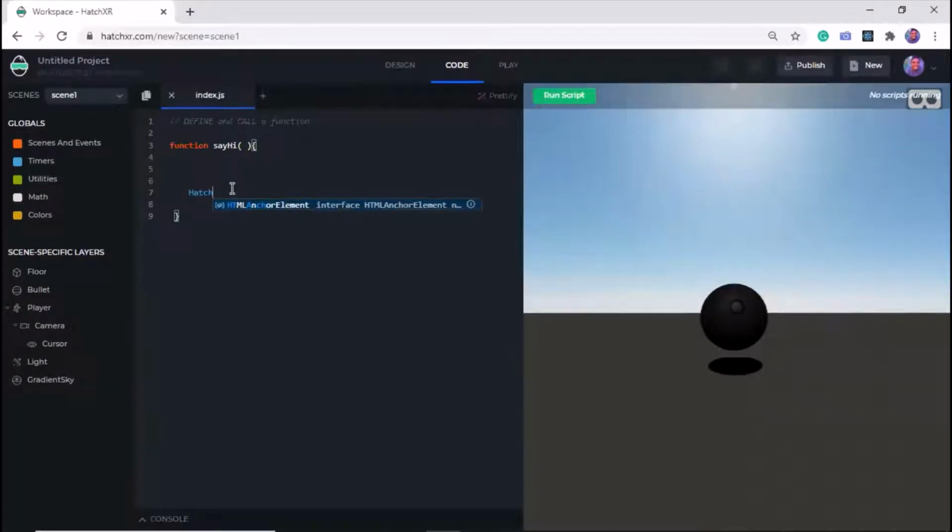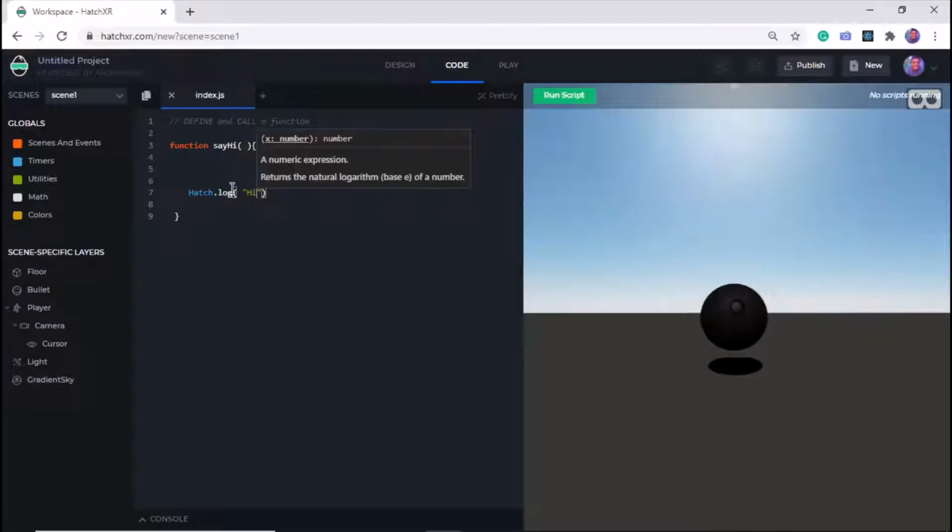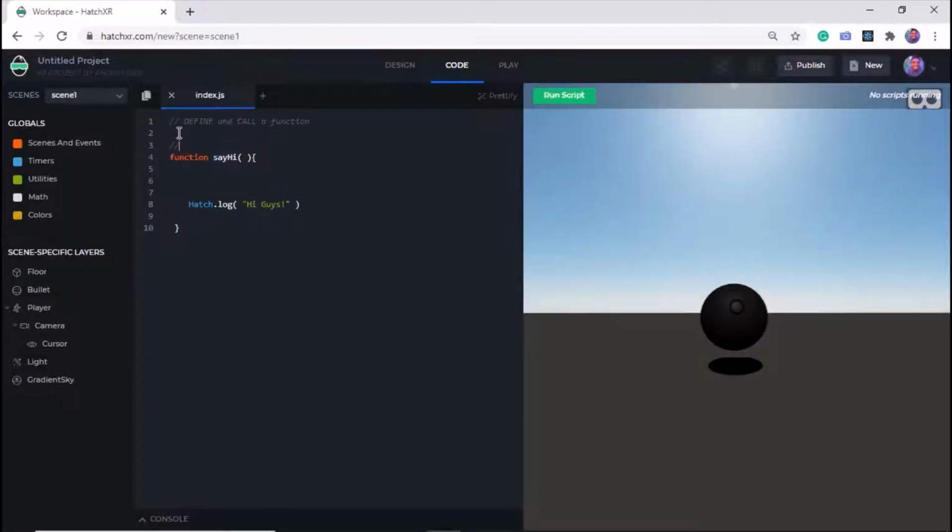Essentially, I want it to show me or give me a message like this. Hi guys, right? So this is where we have defined a function. Let me just call this a function definition, right? So if I run the script right now,